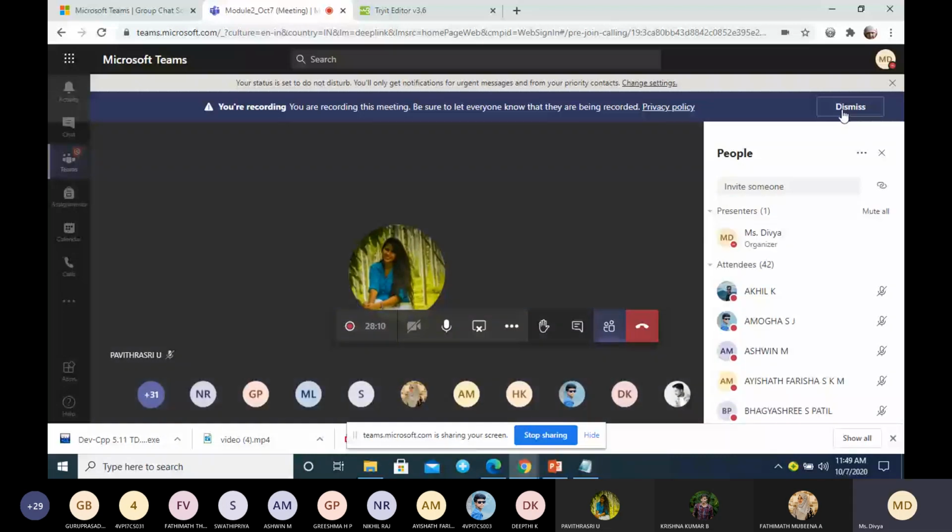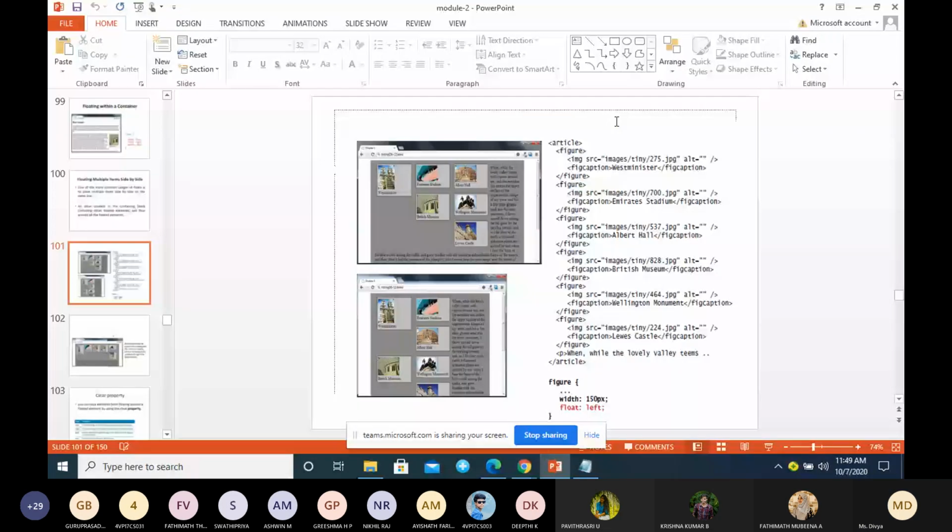So there is 6 images. Okay. In the 6th image, you can see we are using float left. So for these 6 images, we are using float left, and we are specifying the width.